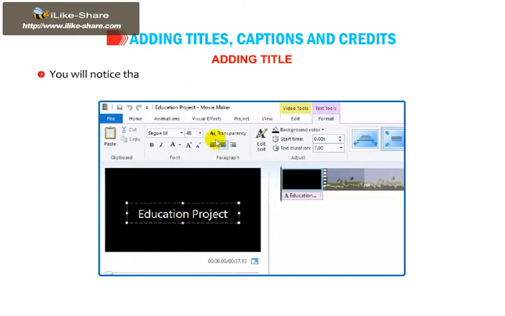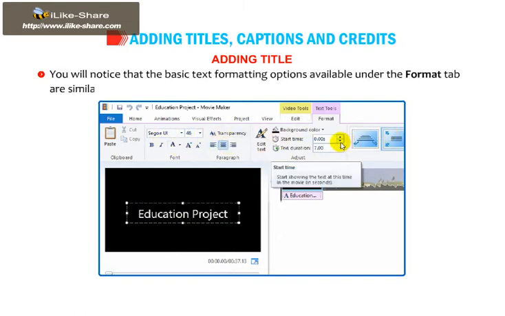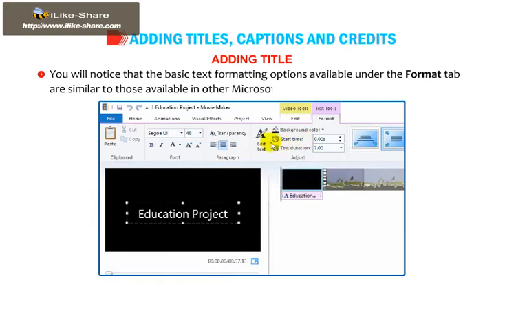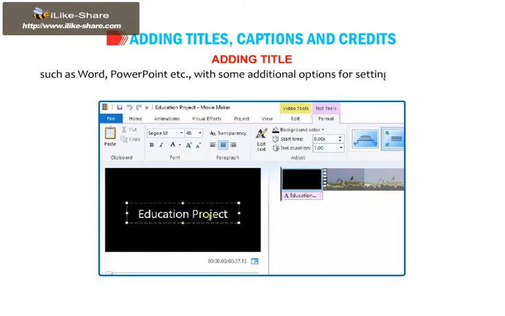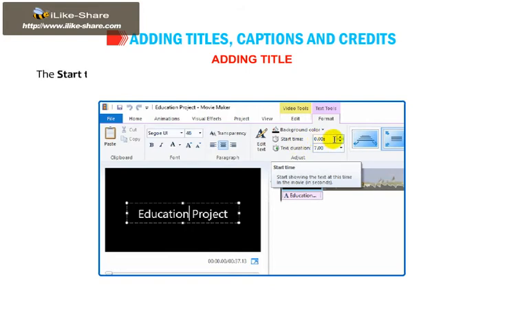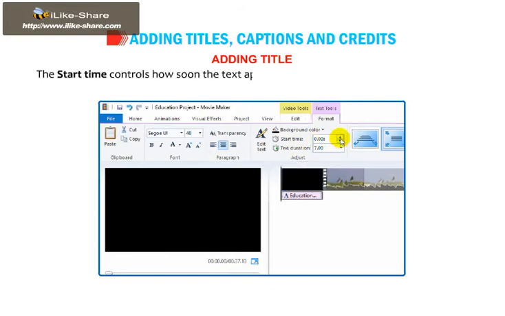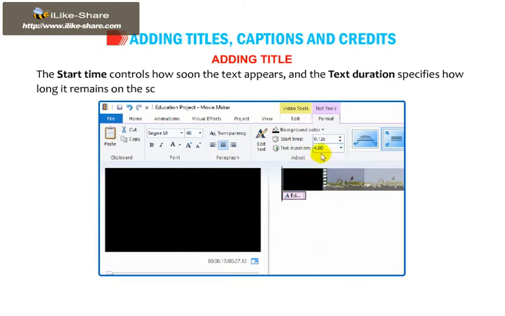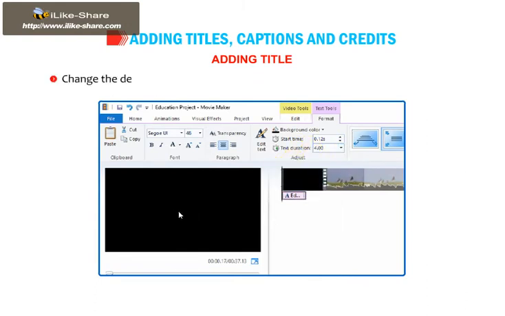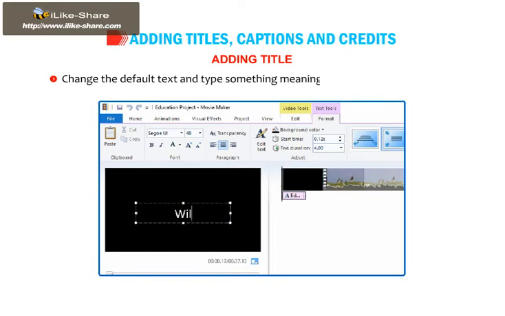You will notice that the basic text formatting options available under the Format tab are similar to those available in other Microsoft Office programs, such as Word, PowerPoint, etc., with some additional options for setting the start time and text duration time. The start time controls how soon the text appears, and the text duration specifies how long it remains on the screen. Change the default text and type something meaningful and relevant to the clip.